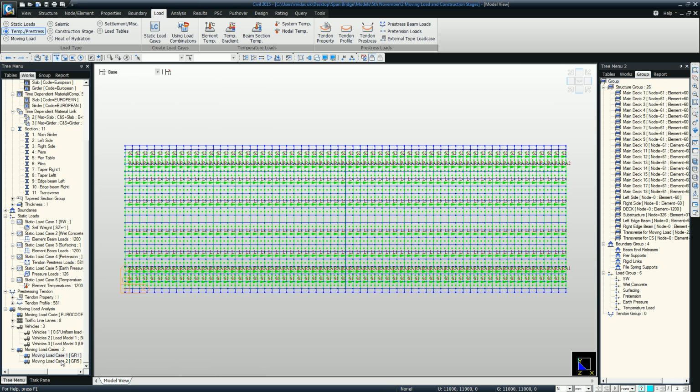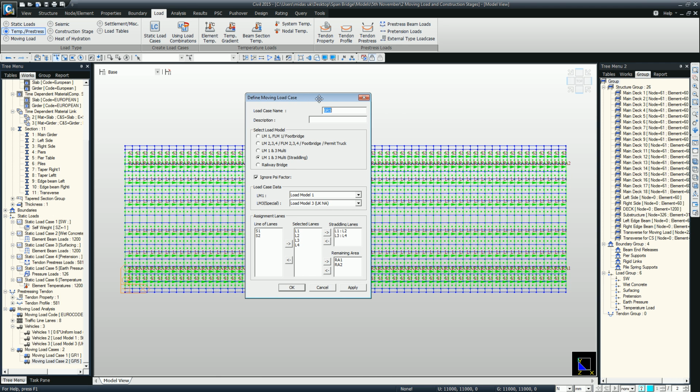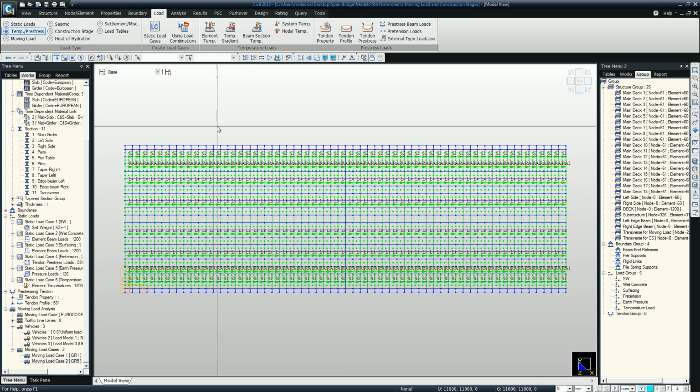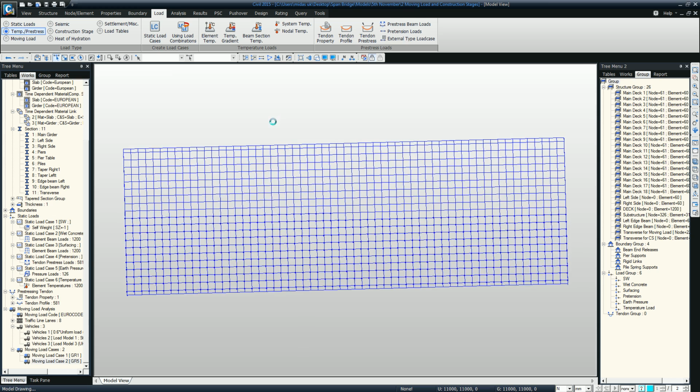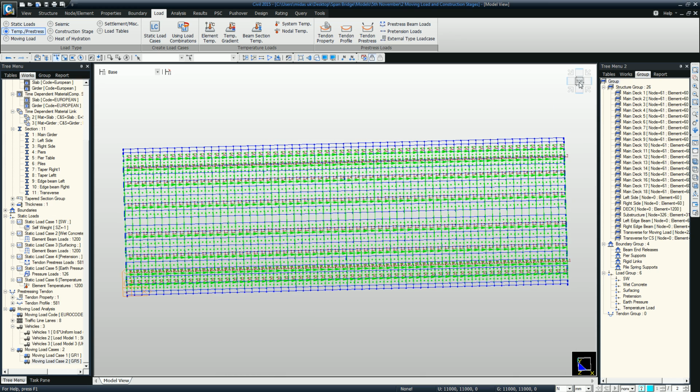Okay, cancel that out. And similarly for moving load case 2, with the exception that this is a straddling one. As you can see over here, you can define which lanes are straddling. Okay, so now that our moving loads have been defined, I'm going to specify the construction stages and the composite